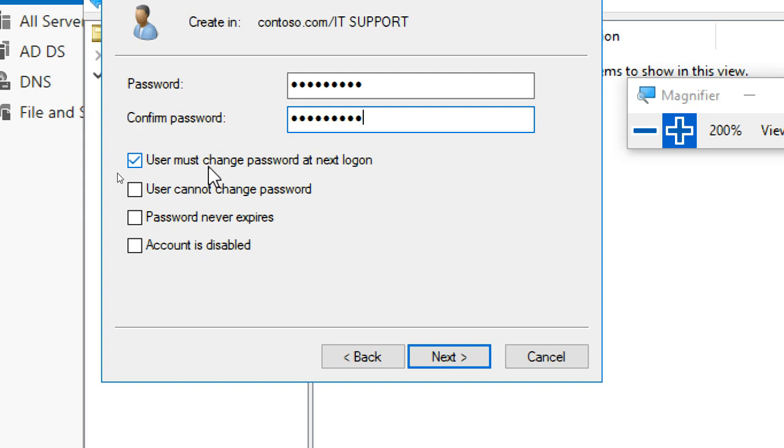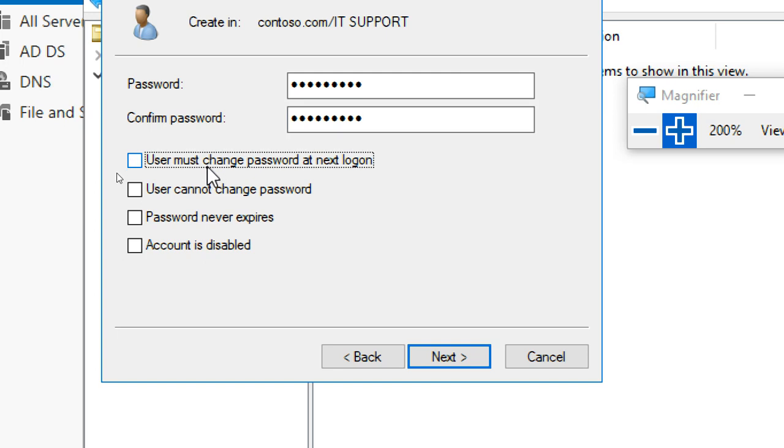Once you first log in, immediately it will ask you to change your password. They give you a dummy password, and whenever you log in the first time, you must change the password. That is this option. Now when you log in, it says change your password. Okay, I'm unchecking this one.